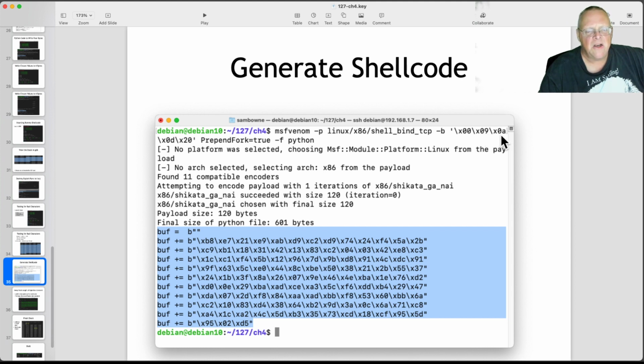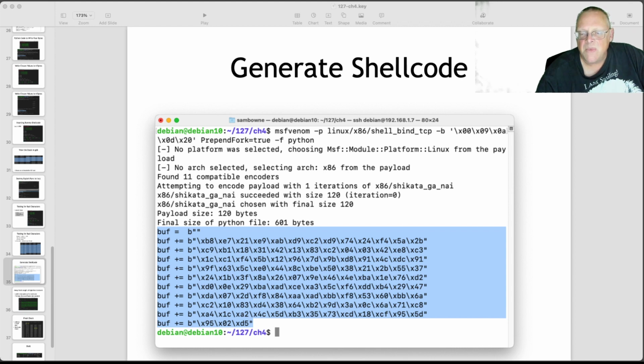A and D are line feed and carriage return, and 20 is space. And it turned out I had to turn on this option prepend fork equals true to make it work. There are a few advanced options when making shellcode, and it seems to work better that way. And then you tell it to create the shellcode in Python, and you just have Python 2 code to put in. Well, I think it also works in Python 3.